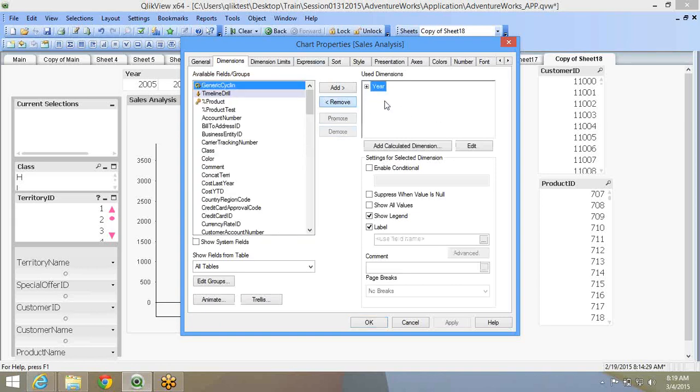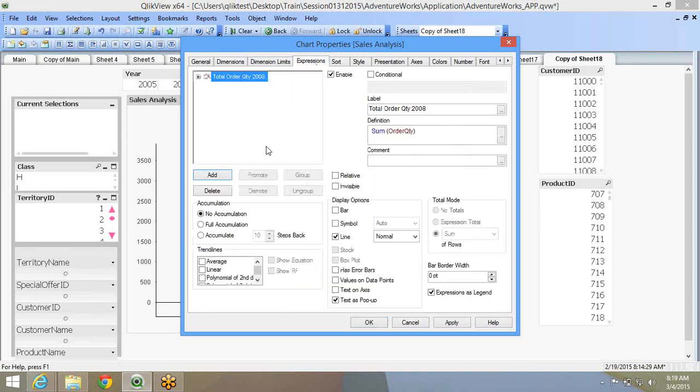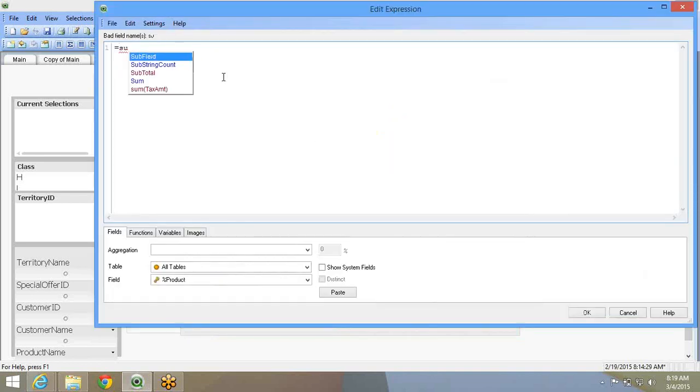Suppose I say year, I'll remove this product ID. Now the representation choice is only for the expression. Over here I'm using order quantity. Now suppose I just use sum of unit price, I'll say unit price discount.